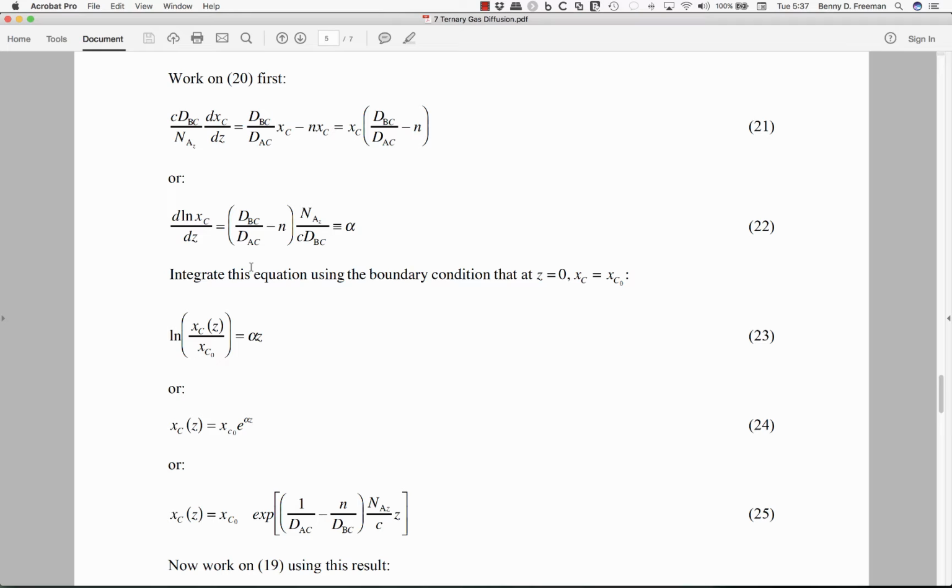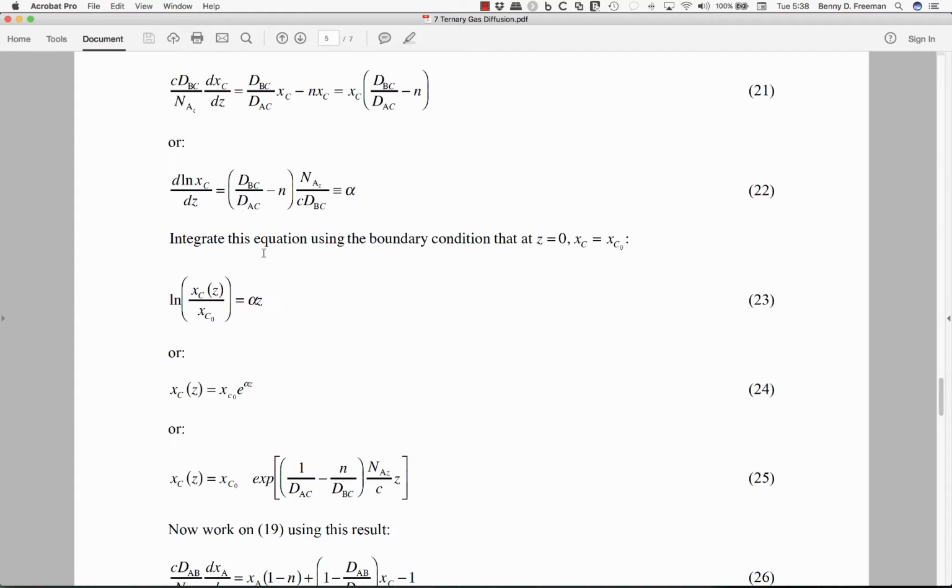What you can see immediately from this is that whether the concentration of A increases as you go towards the surface or decreases depends upon the ratio of the diffusion coefficient and the stoichiometric